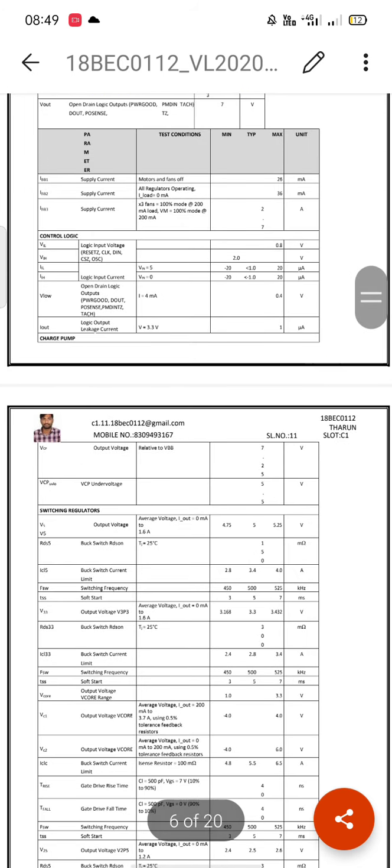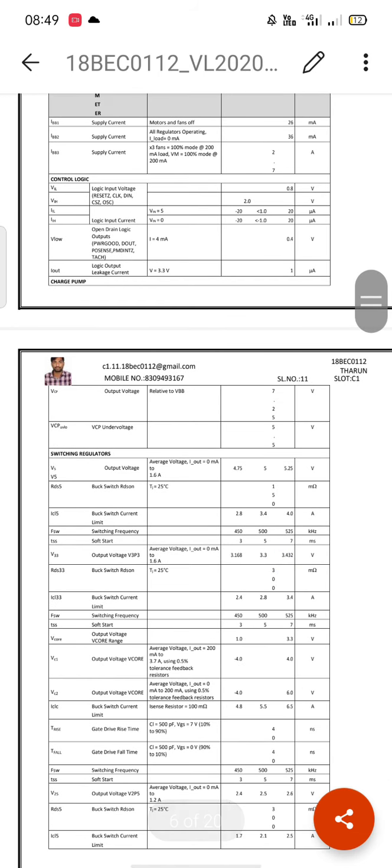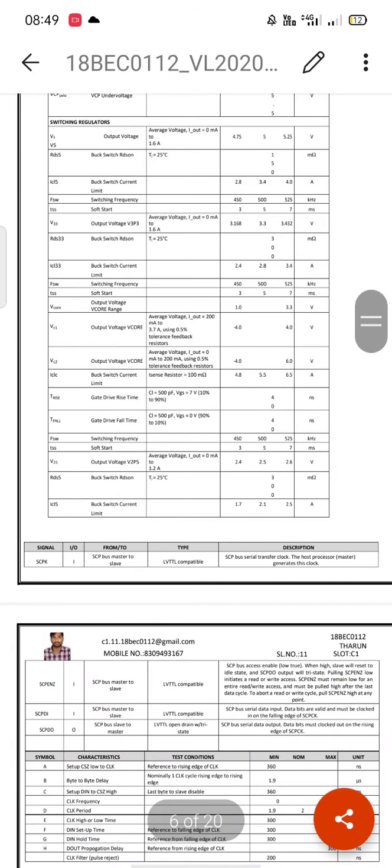This is the switch regulators and their maximum and minimum values and units, at average voltage of 0 amperes, and these are all the test conditions of those things, and these are the signals